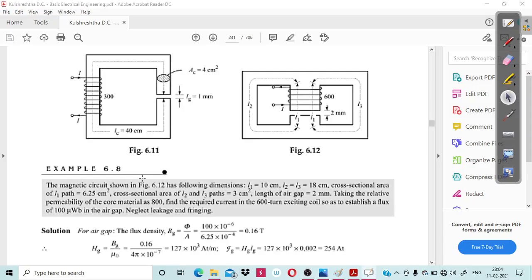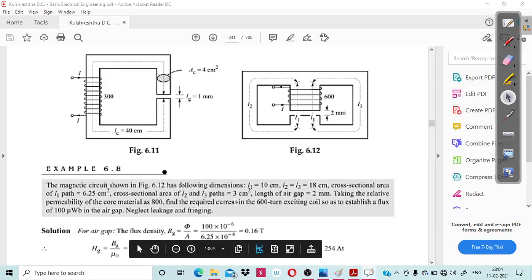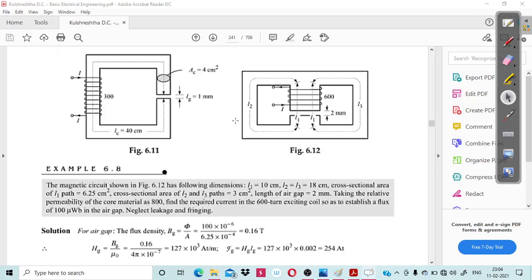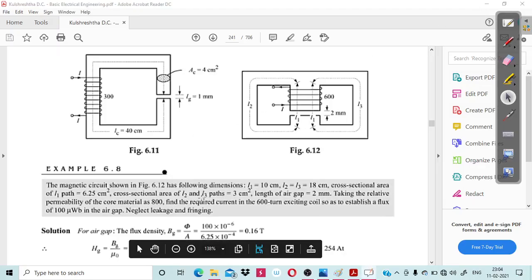And the cross-sectional areas of the L2 and L3 paths are the same, equal, that is 3 centimeter square each. That means this cross-sectional area and this cross-sectional area are equal, and it is equal to 3 centimeter square. Actually it is not equal in the figure, but given that they are equal, L2 and L3 paths are equal, and the length of the air gap is equal to